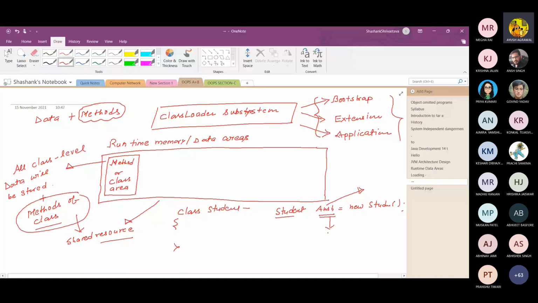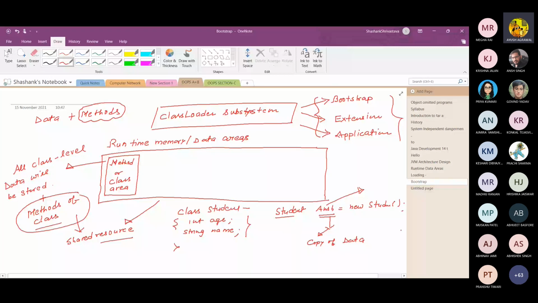Own copy of data means, if there are two fields, integer age and string name, and you create two objects, Student ansh equal to new Student and Student deepak equal to new Student.